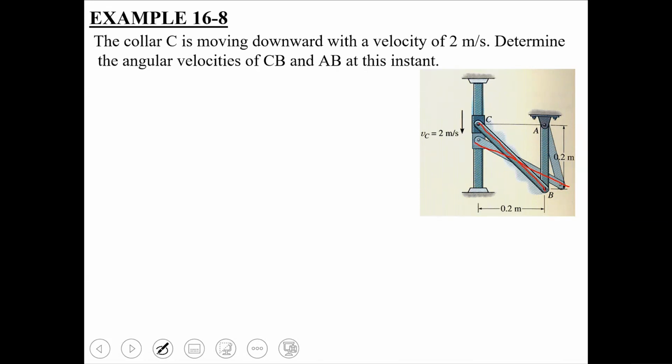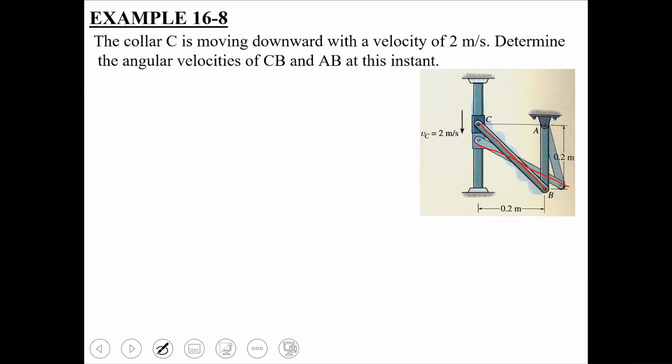It means that you have overall 3 rigid lengths. One is in translation, that is collar C. One is in rotation, that is link AB, and the third one is in general plane motion, which is link CB. So there are 3 links: one in translation, one in rotation and one in general plane motion. Is the motion clear to all of you? Yes sir. Okay, now reading the statement of this example, we have a collar C which is moving